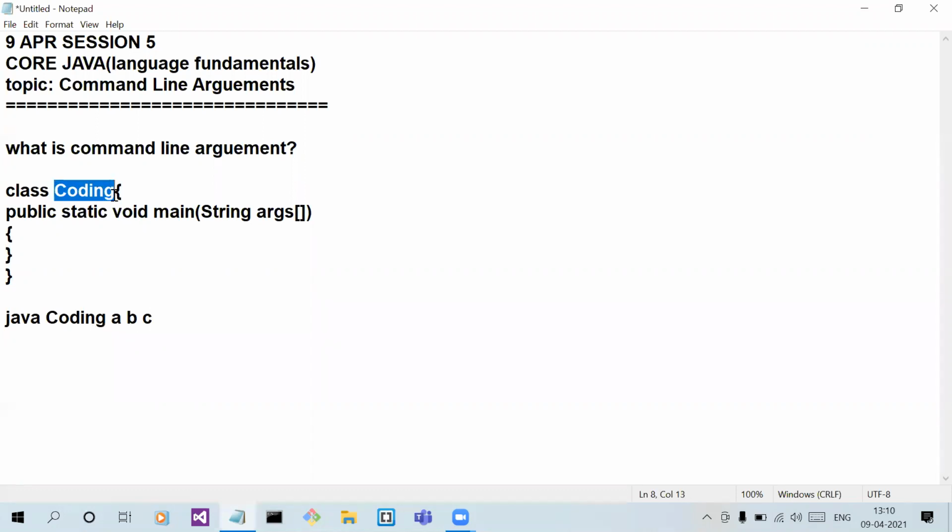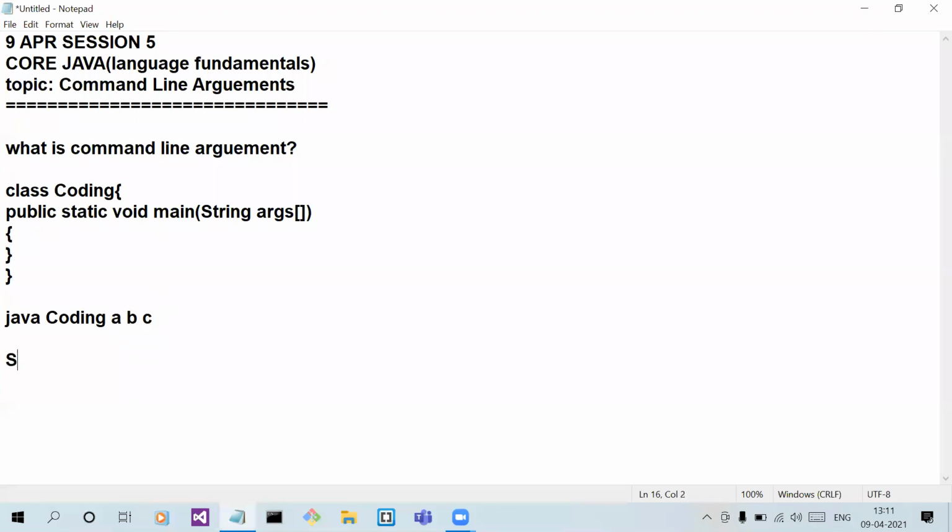Which class? Coding class. From where? From command prompt. With these arguments, Java will create one string array and pass it to main.